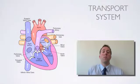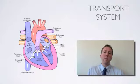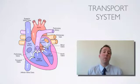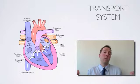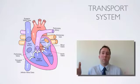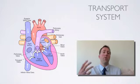The human transport system really involves the heart and then a series of blood vessels. So we can travel the journey of blood through the body. And blood's really important. It contains red blood cells, which carry oxygen. It contains white blood cells, and they fight disease. It also contains platelets, which clot the blood so that we don't bleed to death if we cut ourselves. And it also contains blood plasma, which contains things like nutrients and hormones and salts and all the things that